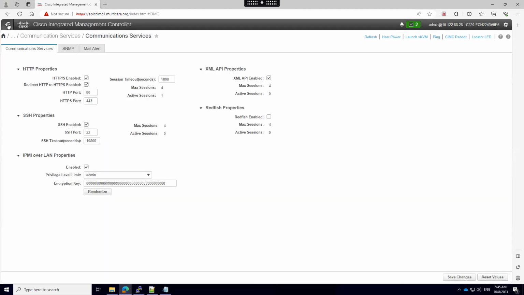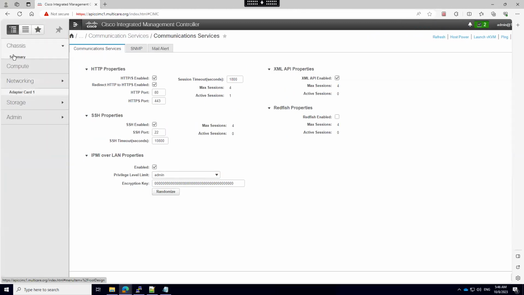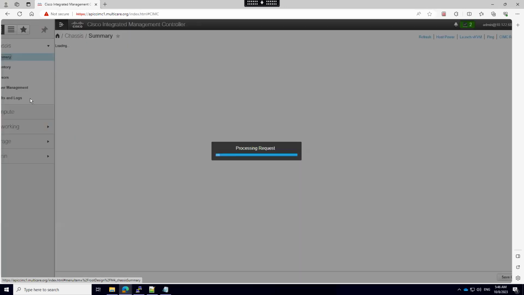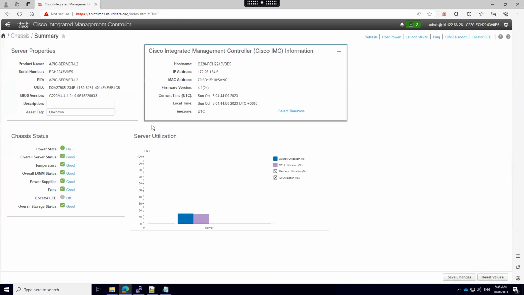Communication services. Look here, I already have all the details: SNMP, SSH, all these things are already enabled. IBM, LAN over something. A lot of things are already enabled there. But before, if you do not have the options, you can still do it from the graphical interface itself. You know, configuring the host name, all these things you can do from here. It's not a big deal.